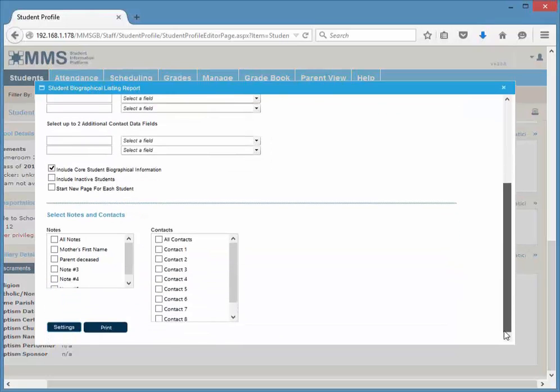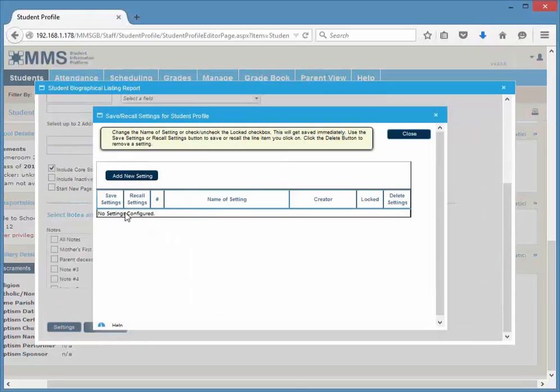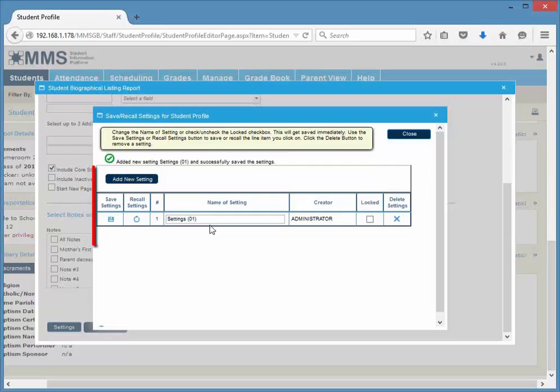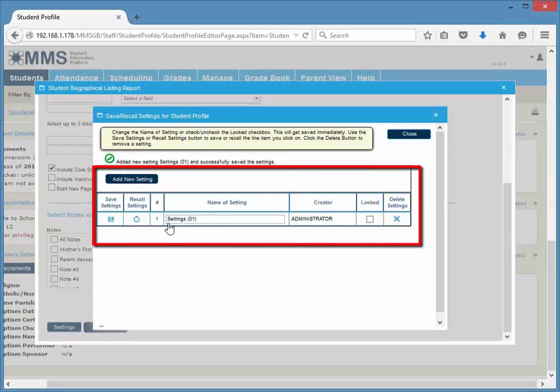As we scroll down, we can set up our different informations. You can go to your settings. The settings, instead of having a save settings and a recall settings, are just one settings button, so it's all in the same place. If you have not saved any settings yet, it's going to let you know that. You can click the Add Setting button,